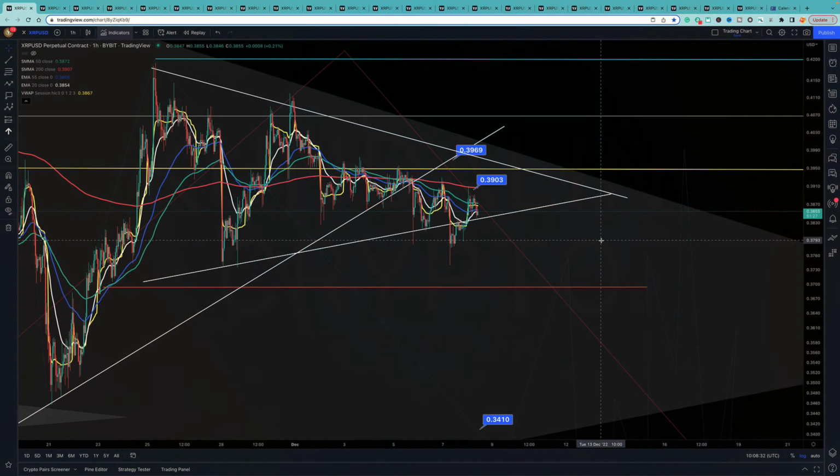So now let's have a look and see where we are. Very simply, this is on the 1 hour. You can see the green line here, the 50 SMA, and the 200 SMA, the red line. And just as a simple pattern, you can see that when you zoom out,